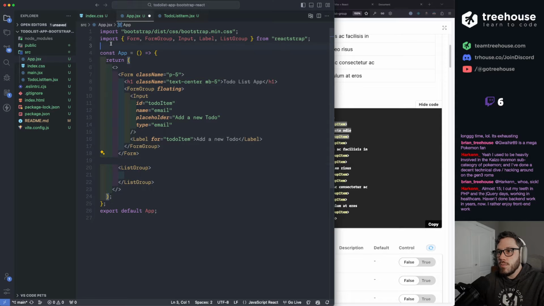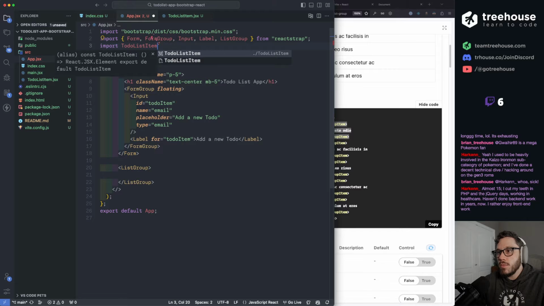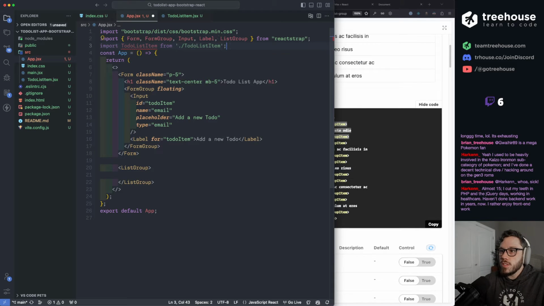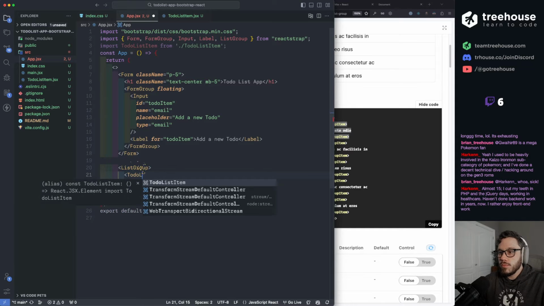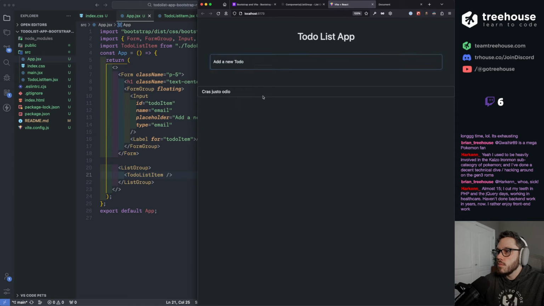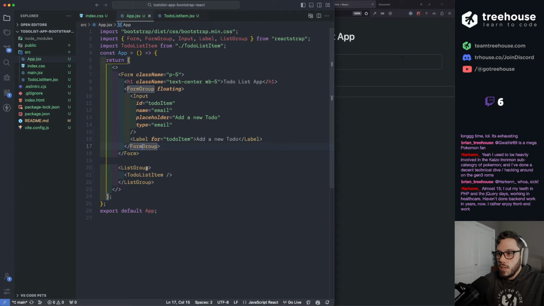Let's import that component, ToDoListItem, from ToDoListItem, and let's just pop that in here, make sure it works. Cool, it does.